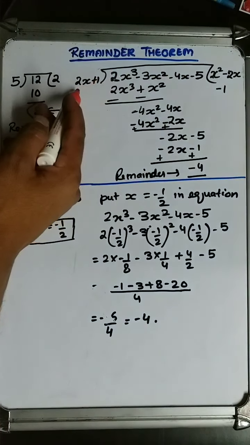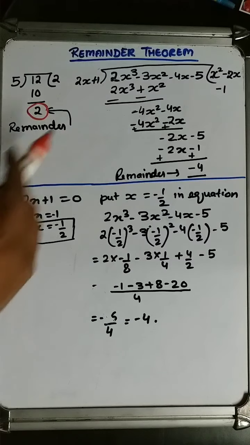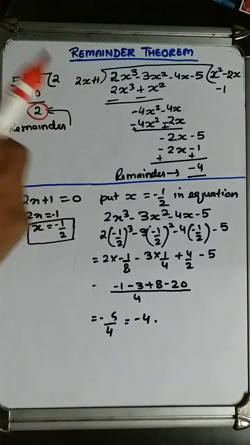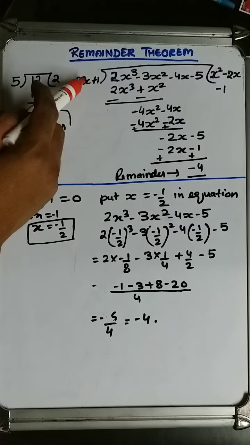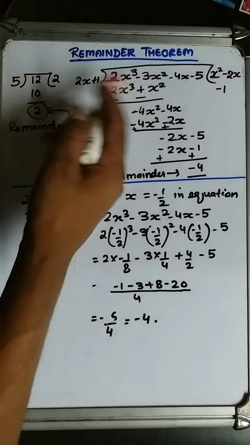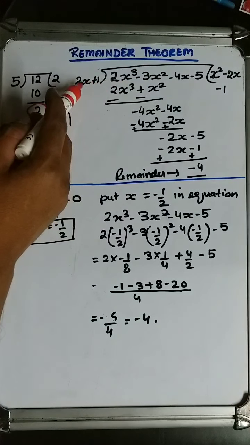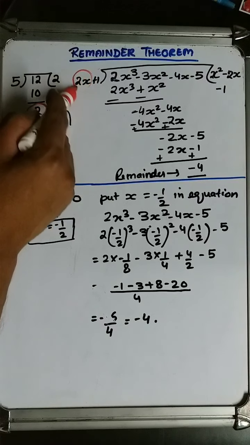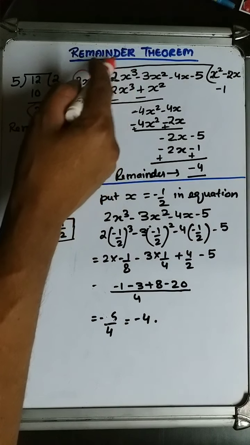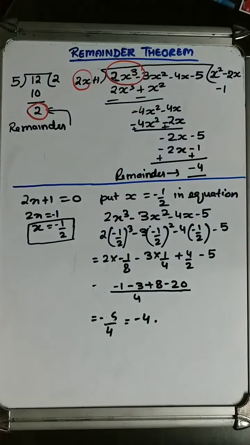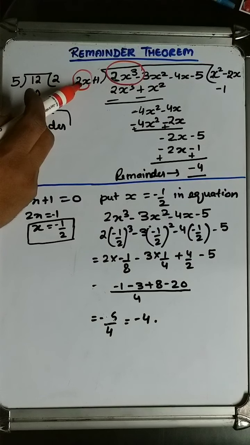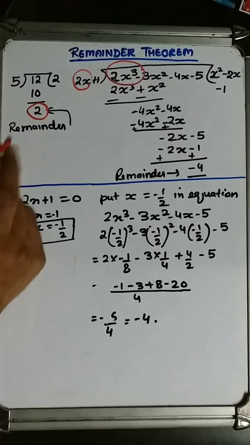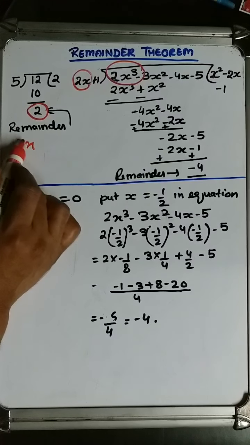equation by another small equation, this is the equation. This is divided by this, 2x plus 1. So if we are dividing, you know, the division of two expressions, we have to check the first term here and the first term here. By which term should this be multiplied to get this? This is 2x and we require